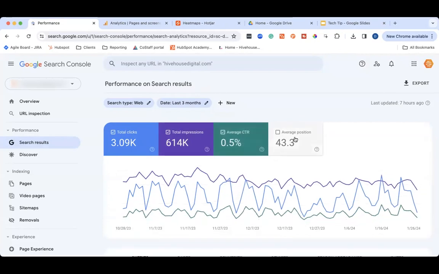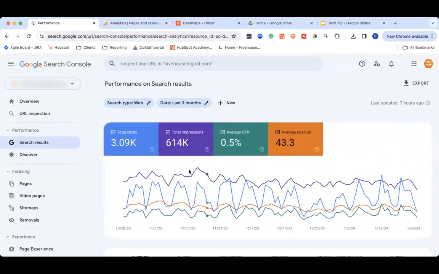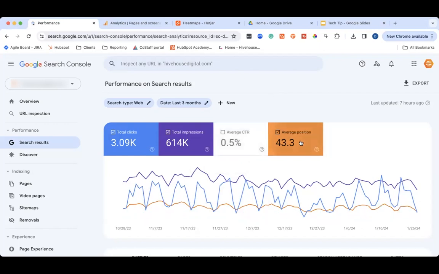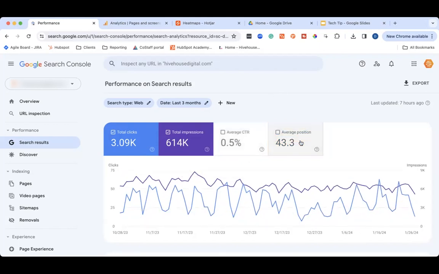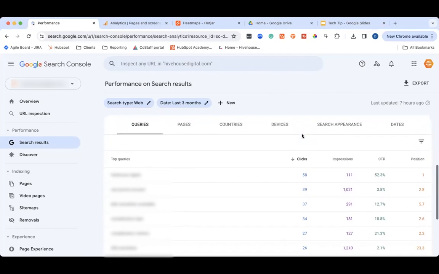Clicking on these different tabs are going to put that data in this chart over here, as well as show it on this chart down here that we'll get to in a second. So depending on the data you want to look at, you can select or deselect the different data so you can view it in the charts. Because I want to talk about it in a second, I'm going to make sure I have click-through rate and the average position clicked. So now I'm going to scroll down, and you have this kind of table view,